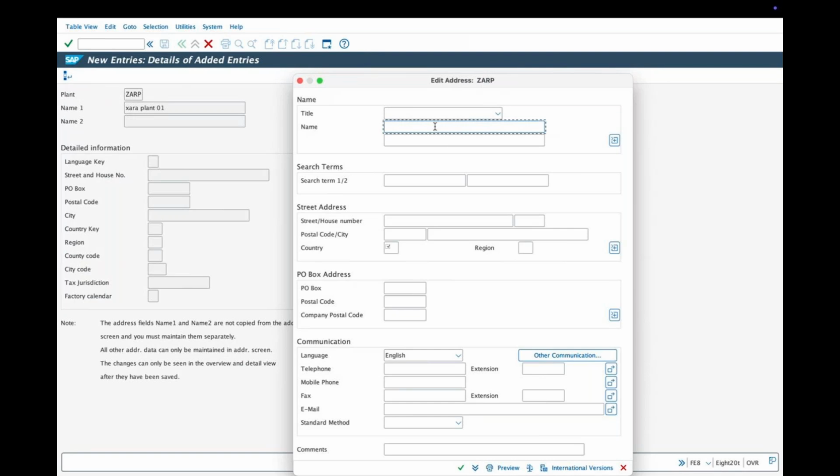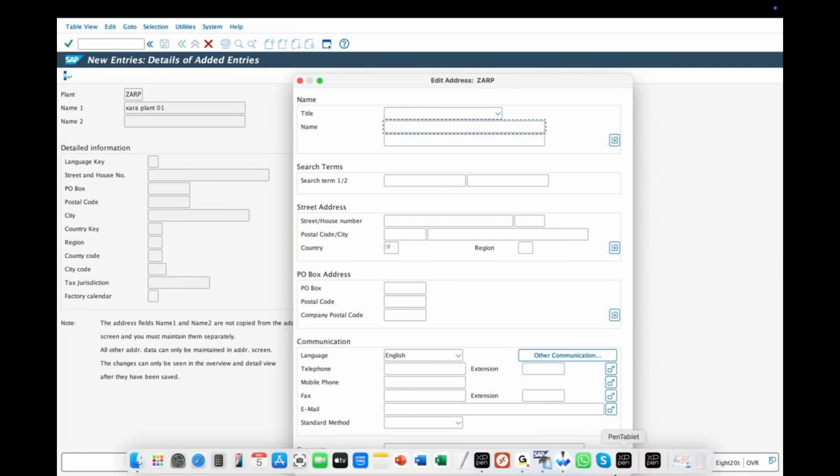So remember everybody, only for company code you get the title. Rest all you will not get the title, because the independent identification is needed for financial operations, for the company code.